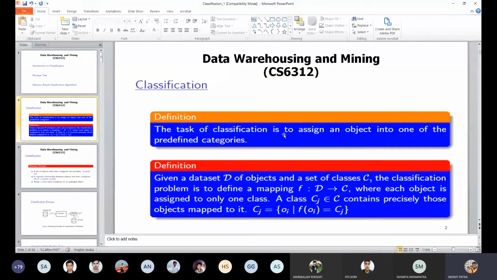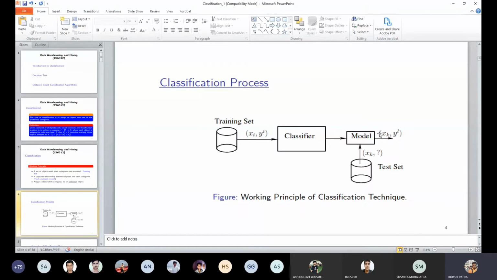The task of classification is to assign an object into one of the predefined categories. So here we are assigning the object into this category, that is YL. So if you essentially see, the task of the classifier is to assign an object into one of the pre-categories,